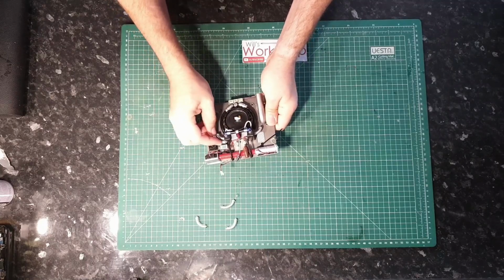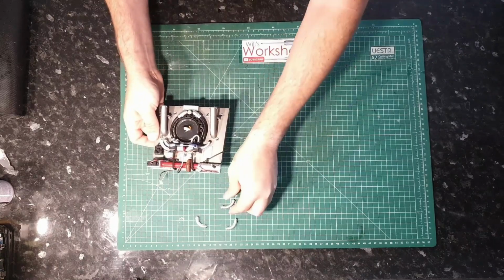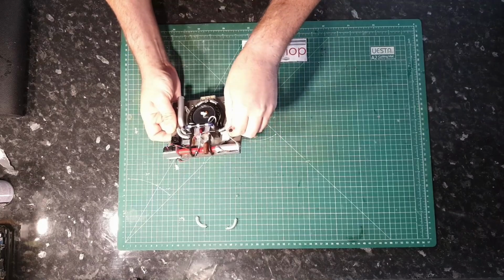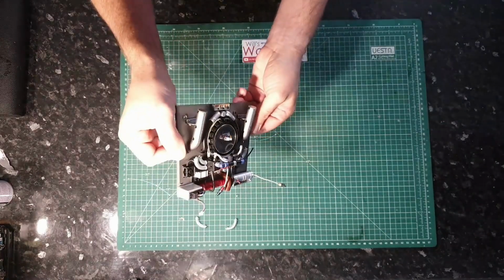Just in there. It does take a bit of a wiggle and a push to go in, but luckily I don't think they're ever going to fall out. Next up we have D, and that one goes in there. So we've got the 2 each side like that,